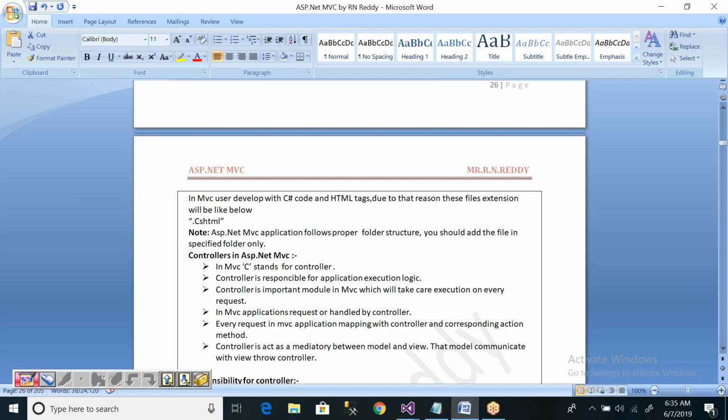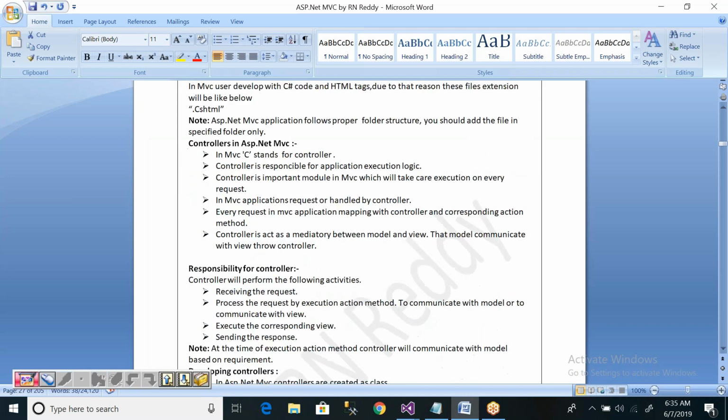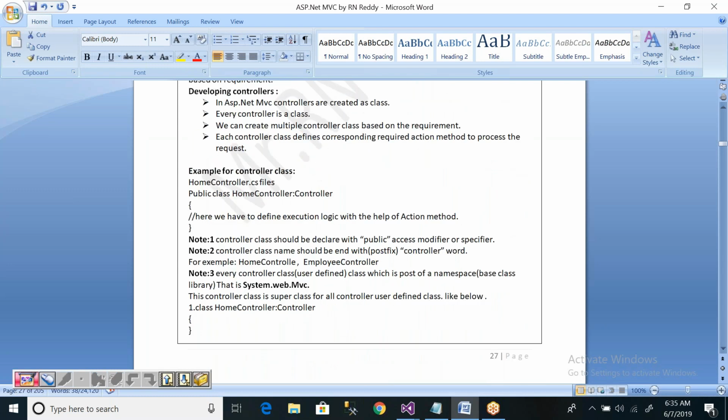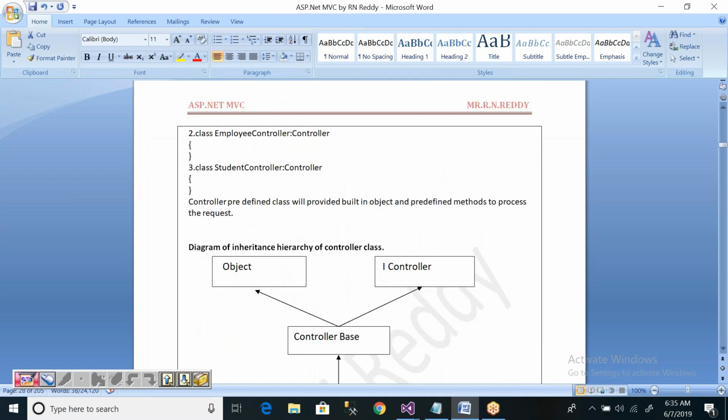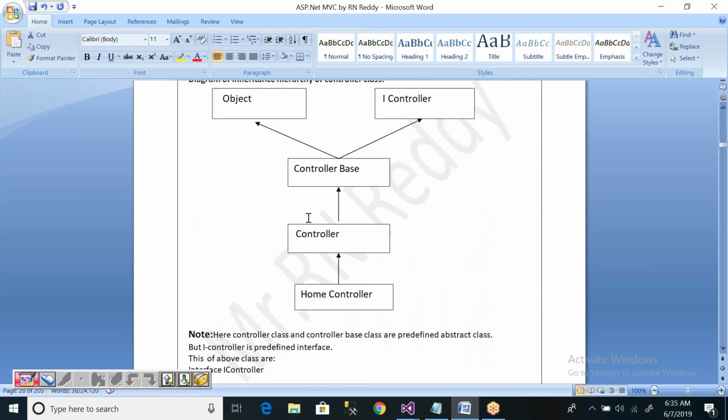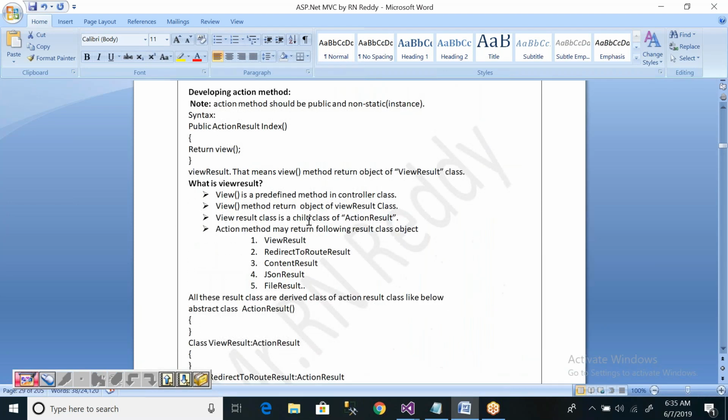Once we understand tomorrow's class, slowly we can start our programming. With maybe one more session, the theoretical part will be almost complete, and then we can enter into programming. Before that, we also need to understand some predefined classes. That's about today's class.